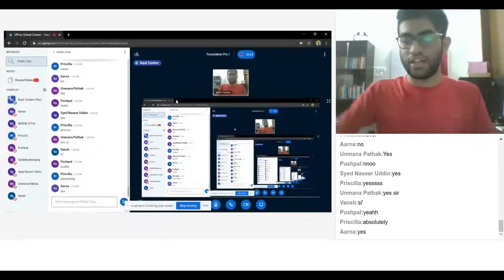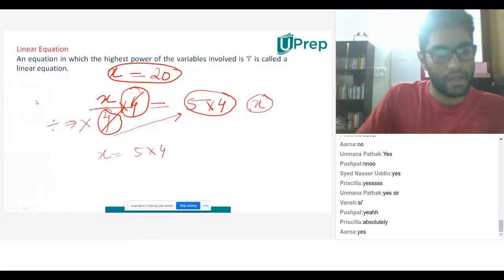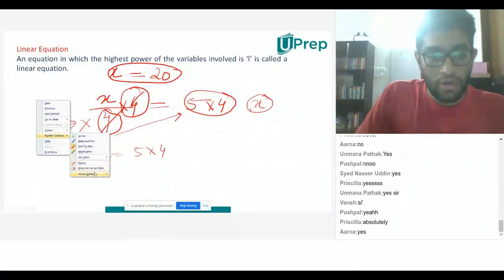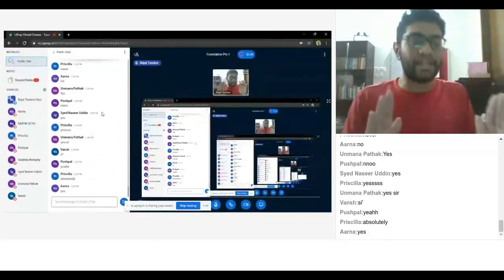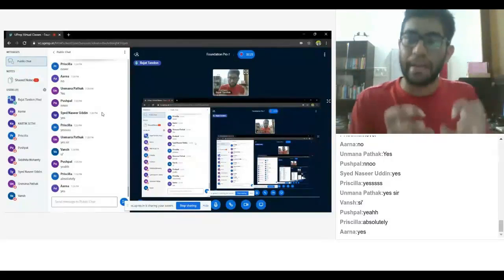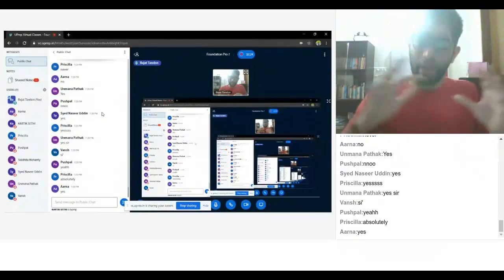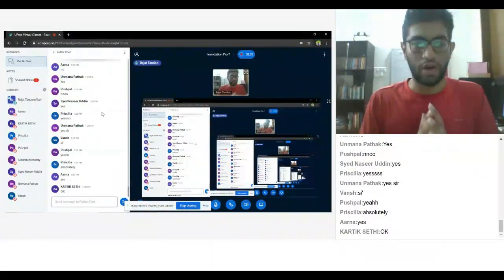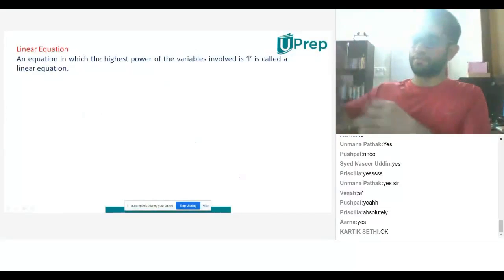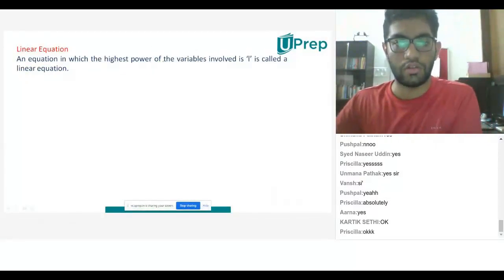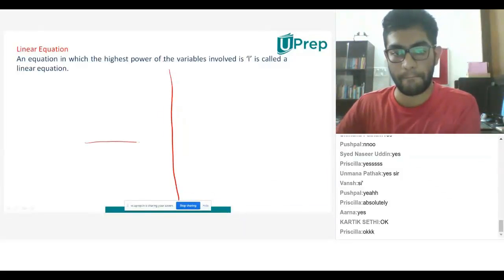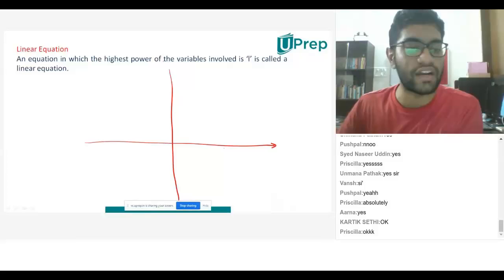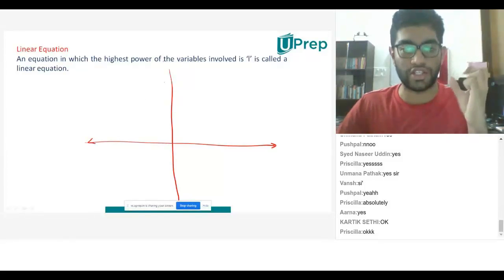Now let's understand it with a diagram. All of you, this slide is very important. Pay complete attention. If you have doubts, type it in or speak up. If it is a long doubt, I will clear that. Okay? Let's start. Ignore the handwriting and the drawing. Focus on the concept.